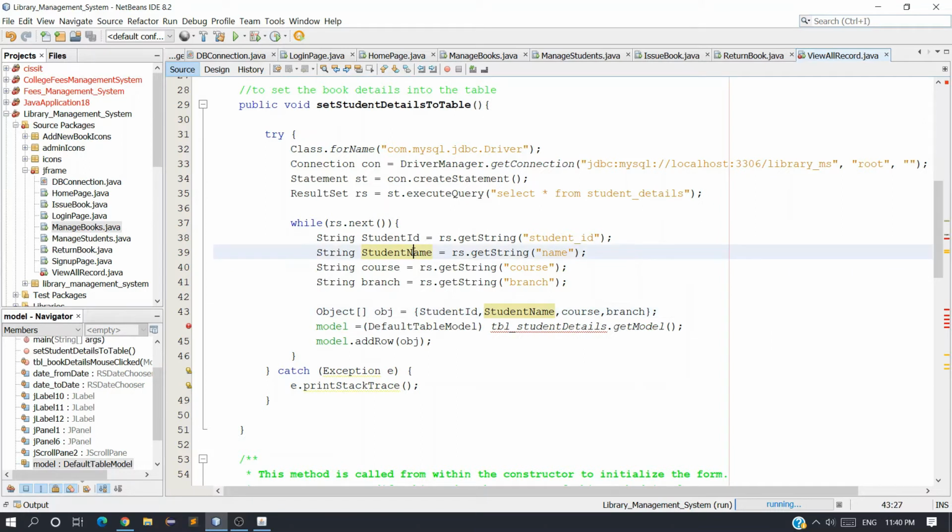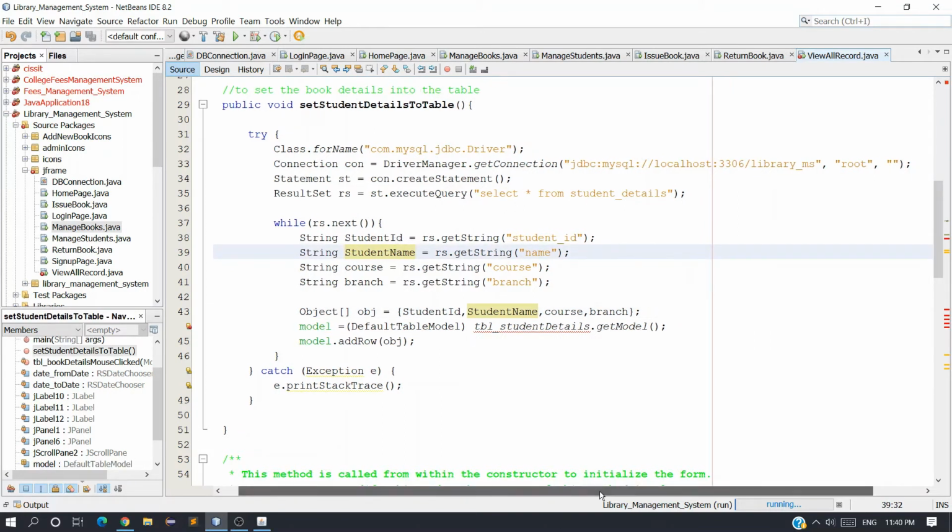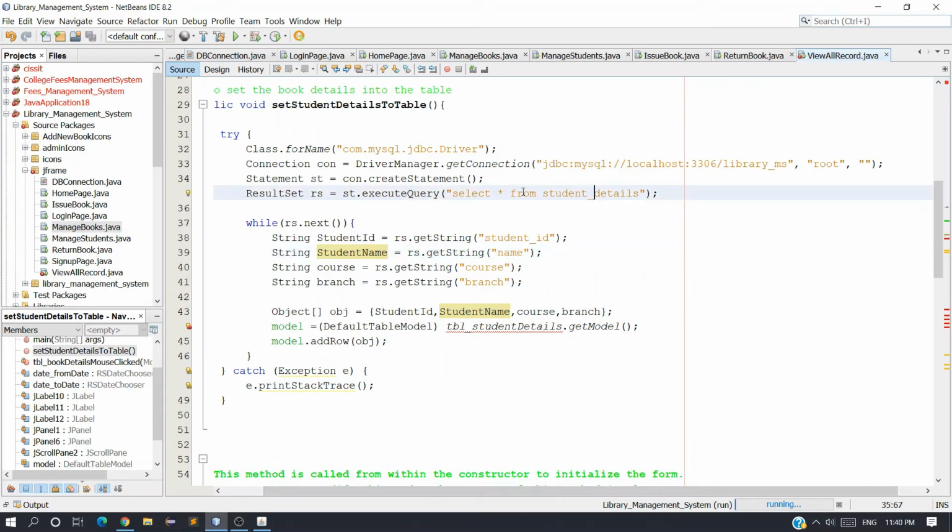Now we just need to change the table name. Instead of student details, I want to fetch the data from issue book details.